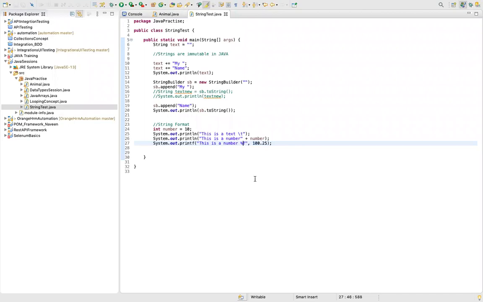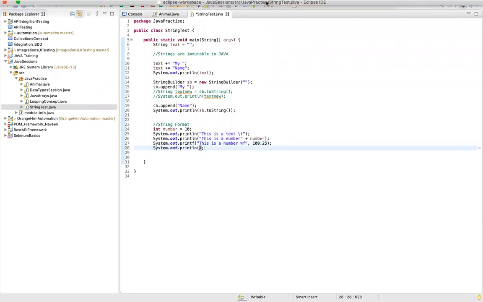In a similar fashion for your practice, I won't directly tell, but if you want to print character, then you have to identify what can be used in terms of %d and %f. And if you want to print double, what can be used. So you have to do it on your own. Okay, I'll show you for string.